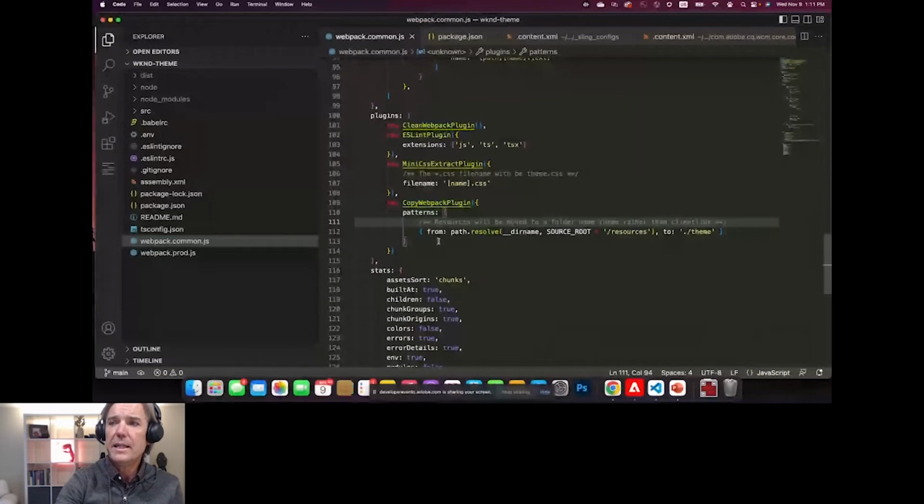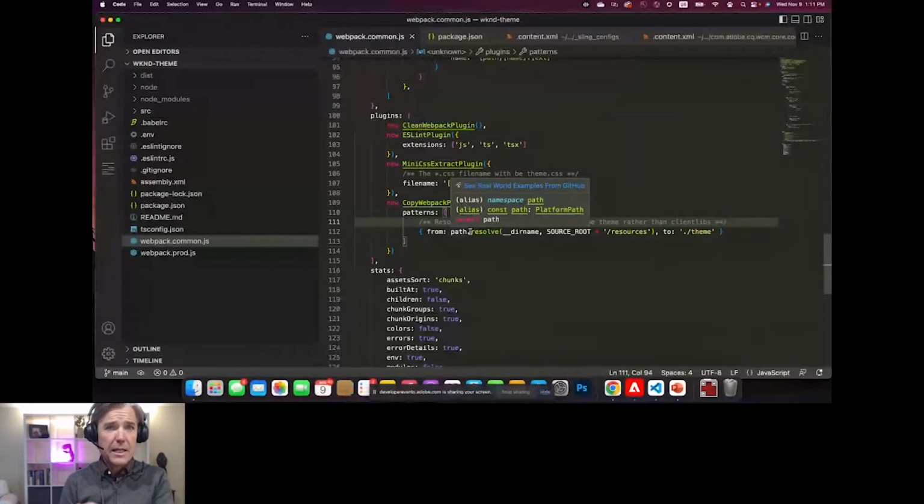We also need to update where the resources are getting built. In a traditional AEM archetype, this is going to go to clientlibs-site. That needs to be changed to a folder called theme, such that it matches what AEM is expecting. So not a lot of changes, but some important changes to make sure that this content resolves.